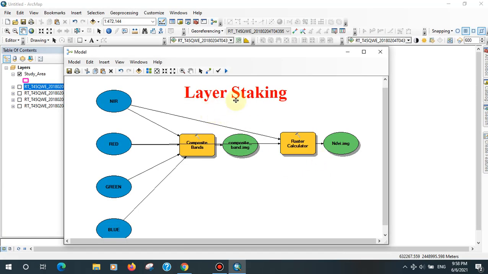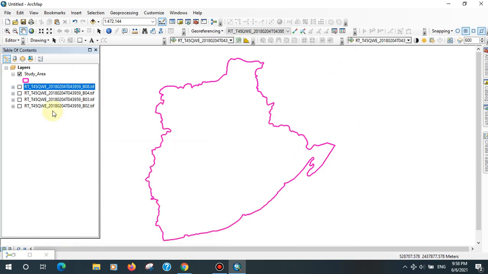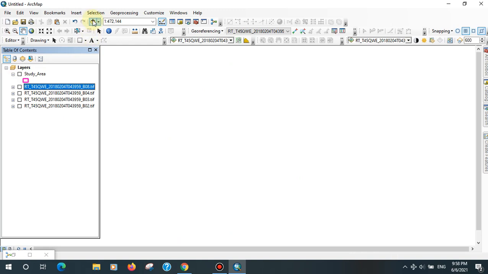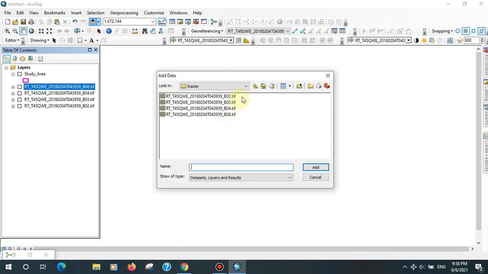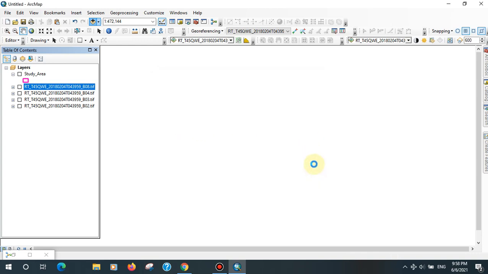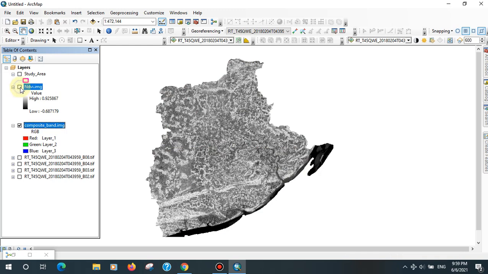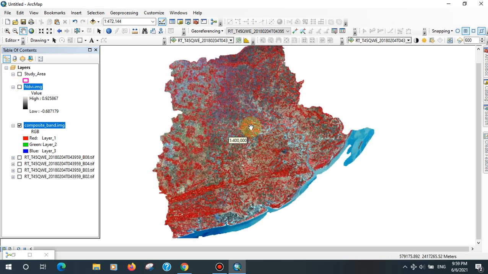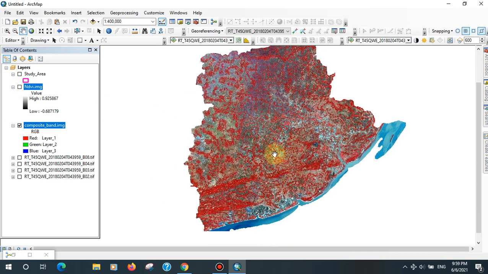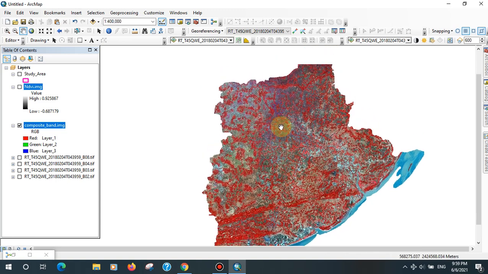So now the process is complete. To check the output, at first see the standard false color composite here.